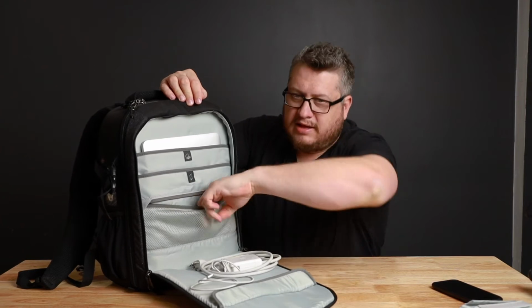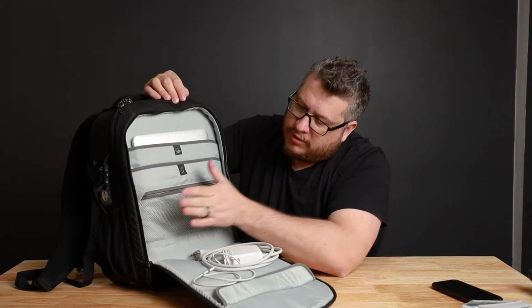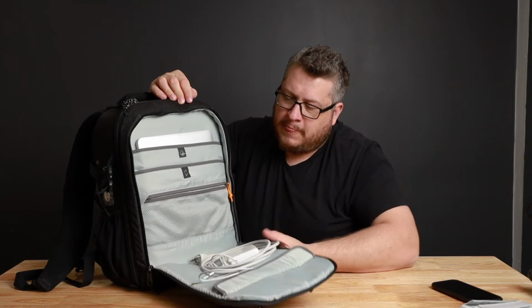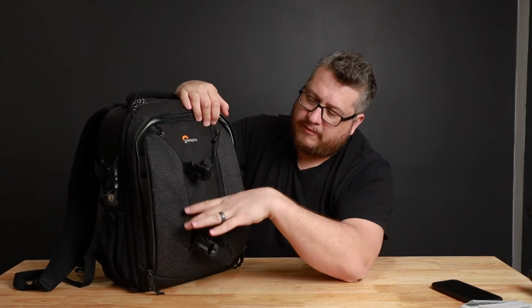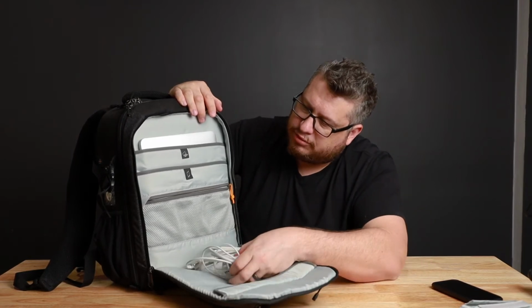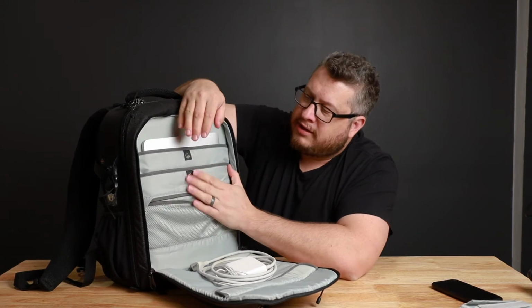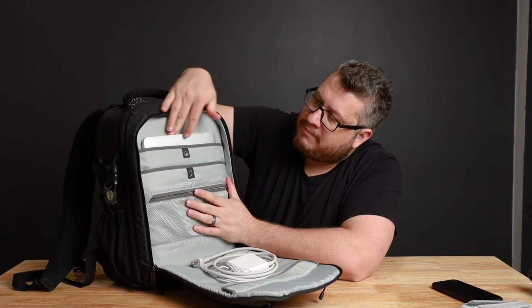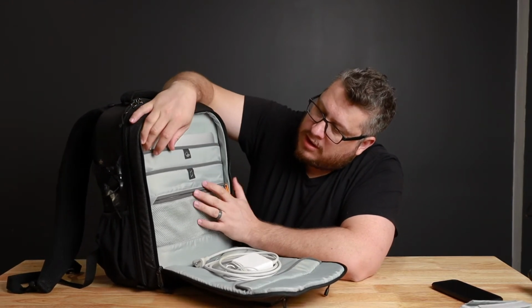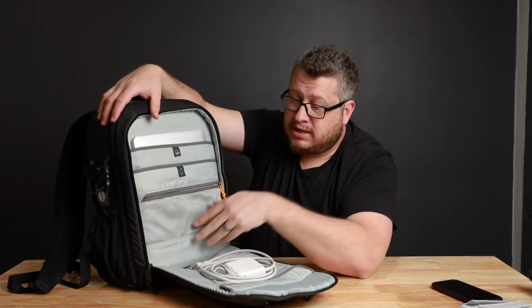It's so tight that you can't really get your thing in there, and even if you do, it presses so tight against here that it causes a pretty tight squeeze. But you do have a tablet and a laptop pocket both here, and they are up off the bottom of the bag, so that's nice. It also has